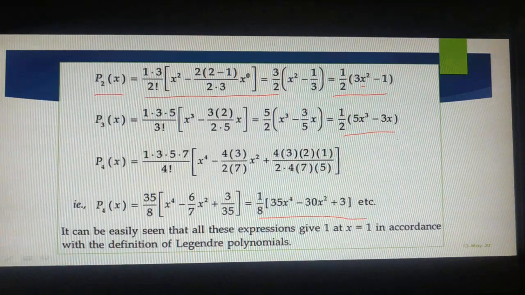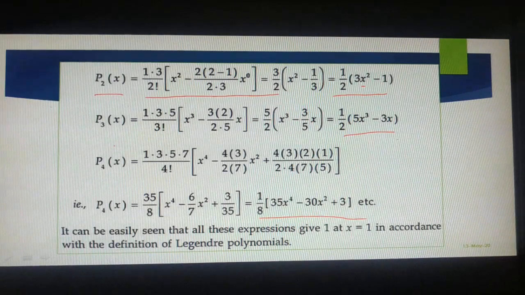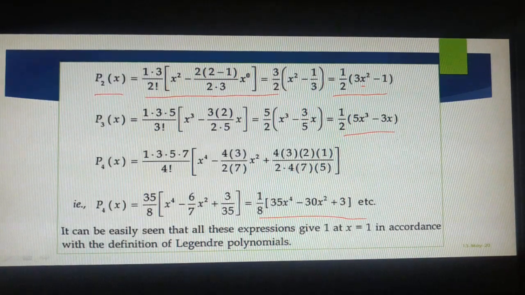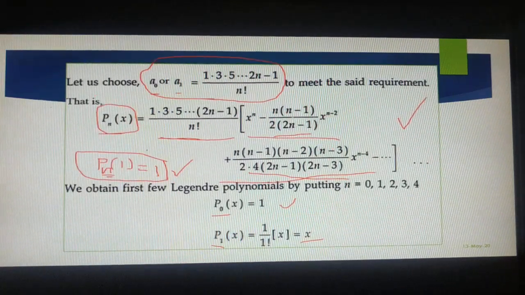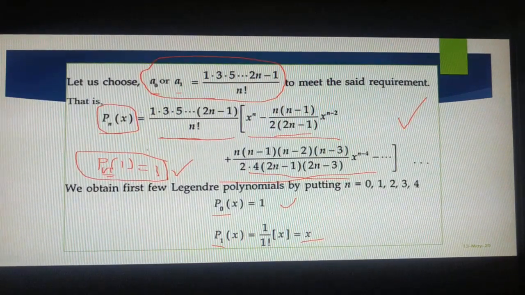Polynomials, all Legendre polynomial results. If in such a way, it is easy to see all these expansions give 1 at x equal to 1, according to the definition of Legendre's polynomials. That is the reason when you have an integer solution, so positive integers as powers,